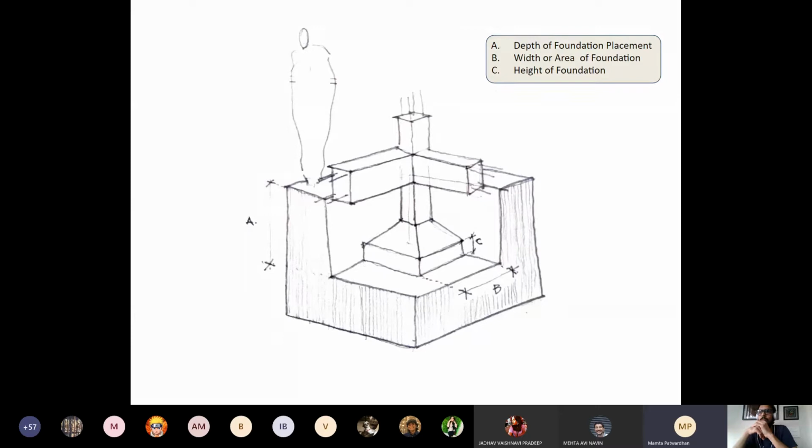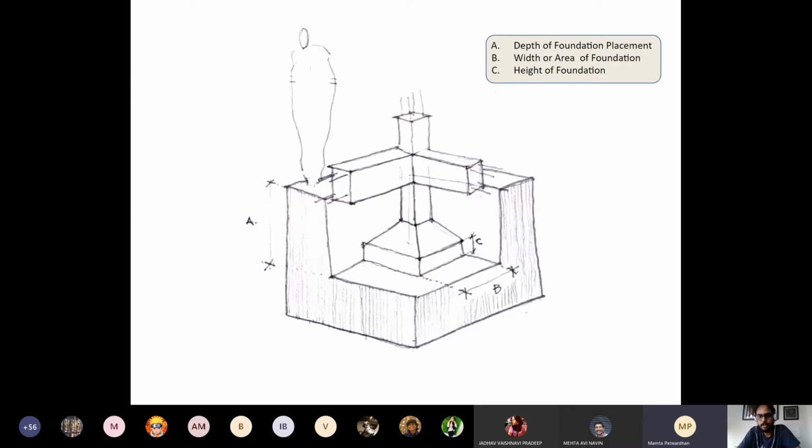These light objects, you try to push them, they bounce back, correct? Because it's that upthrust of the water which is pushing back the lightweight objects. The weight or density of the water is more than that of the object, and so it pushes it back. And this is exactly what we're looking at the soil to do for us, depending on the soil bearing capacity which we studied in the first year. So depending on the type of soil, what is the bearing capacity of the soil, the foundation is so designed so that the soil is able to give that upthrust and keep it in place.